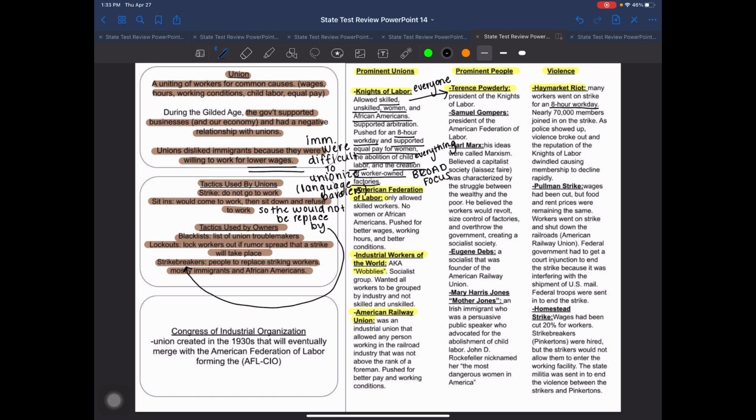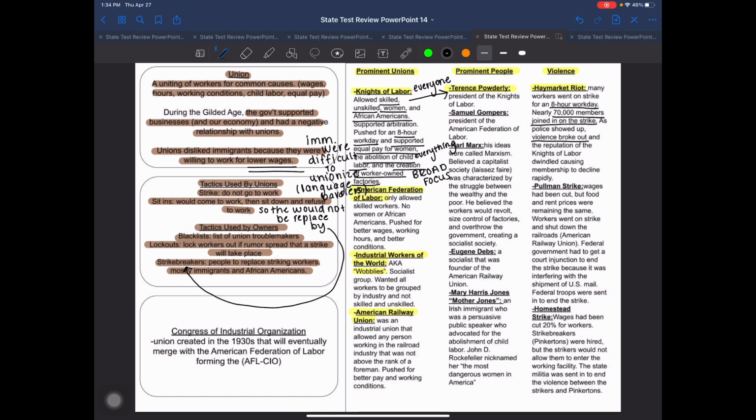So, around 70,000 members actually joined this strike. So there are a ton of Knights of Labor workers there. Police show up because if there's 70,000 Knights of Labor members and there's other people, you can imagine how many people are there. Police are going to show up and violence is going to break out. Okay, violence breaks out, and if I'm not mistaken, a bomb is detonated.